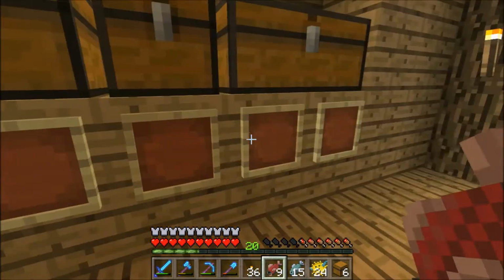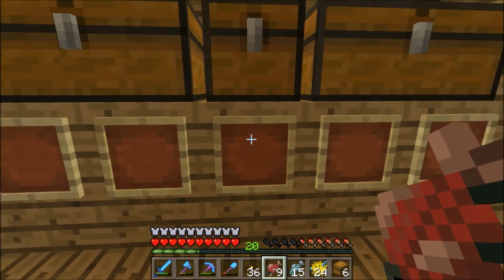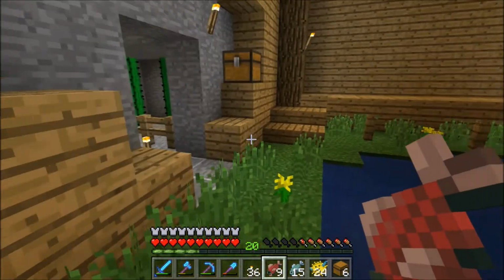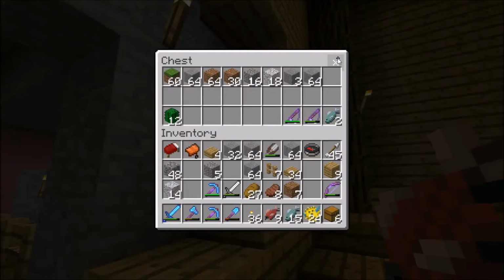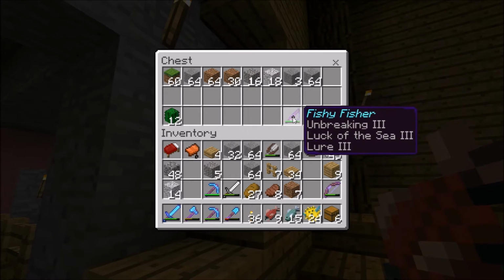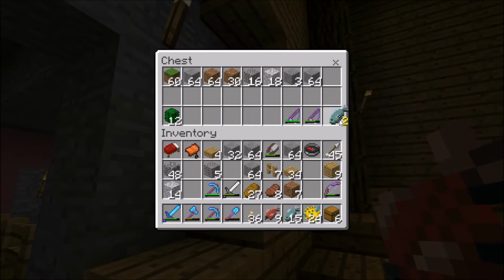Then I think this one here, actually, maybe, have I got any more item frames on me? No, I haven't. Just thinking we should put our fishing rod in an item frame on the wall for when we want to...